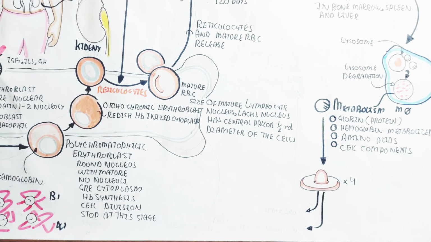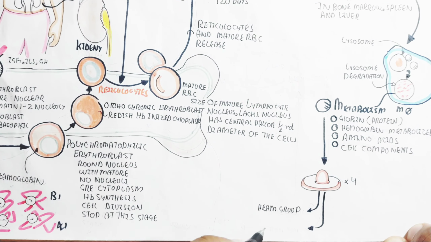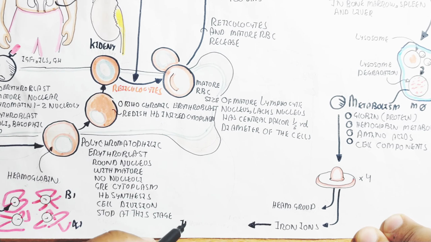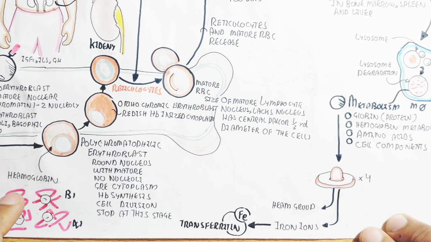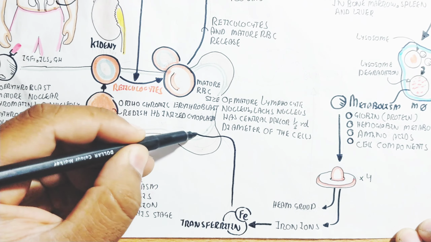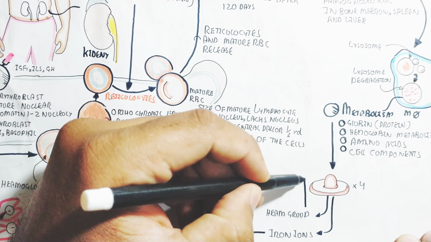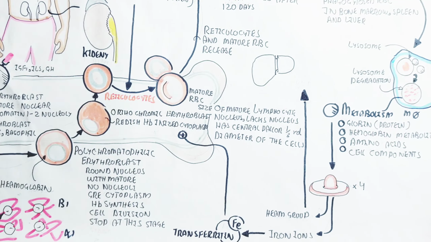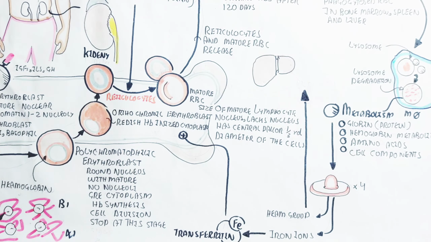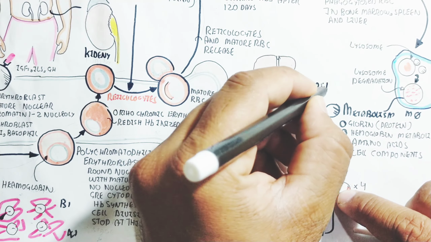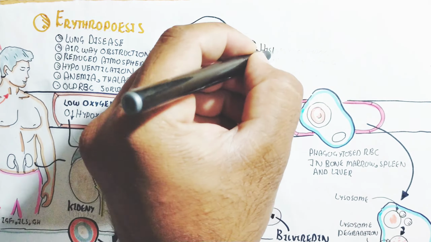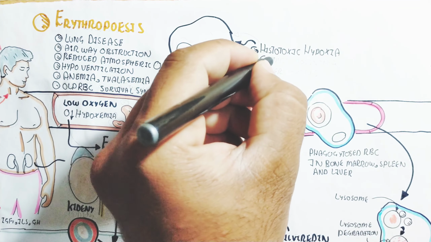Each hemoglobin contains four heme groups. The heme group is released along with iron ions, and the transferrin protein present in our blood accepts this iron to move it back to the bone for erythropoiesis again. The heme group is metabolized in the liver to produce biliverdin, which is converted into bilirubin, and the extra bilirubin is excreted. This also contributes to erythropoiesis.